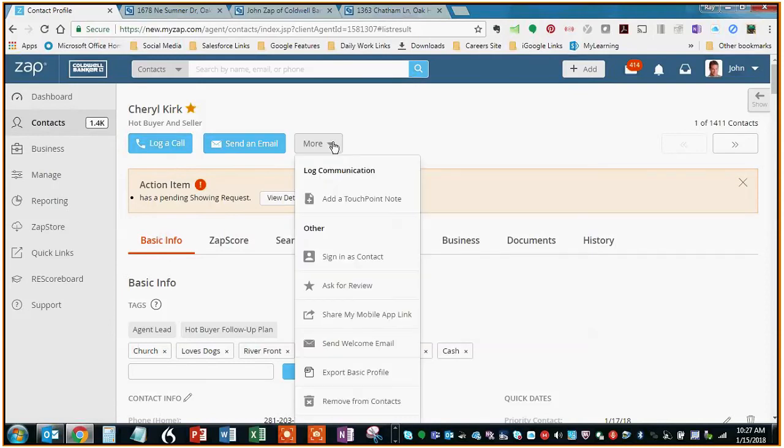but look at all these other functions I can do on this drop-down menu. And this is probably one of the most exciting things. Now, I can sign in as that contact, meaning I can sign into the website as that contact. I can send an email asking them for a review right here from the client record. Isn't that awesome? You can ask them for a review. It doesn't have to be closed clients either. If you want to get some reviews really quick, just go in any client that you're working with, maybe showing clients and people like that. They can still give you a review. So you can share your mobile app link,